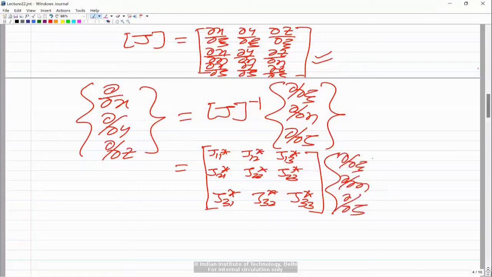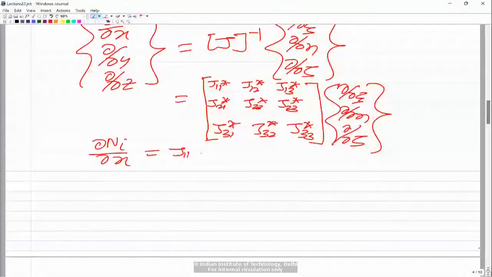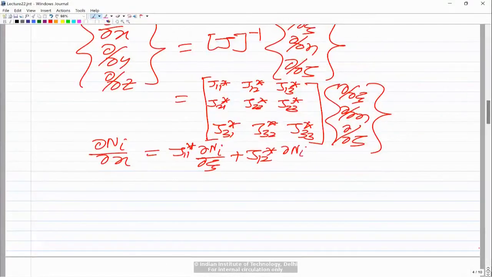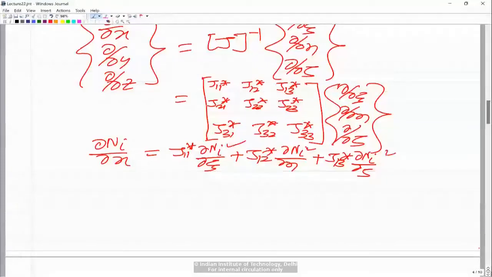Now, if I want to write down the derivative of any shape function Ni, I can write del Ni by del x, the derivative of the ith shape function with respect to x. That would be J11 star into del Ni by del xi plus J12 star into del Ni by del eta plus J13 star into del Ni by del zeta. Because the shape functions are already expressed in terms of xi, eta, and zeta, these derivatives we can get explicitly,